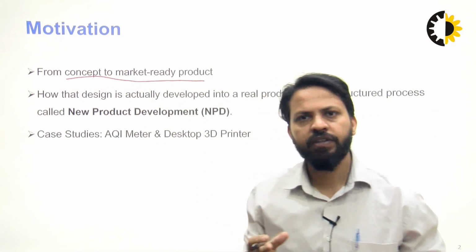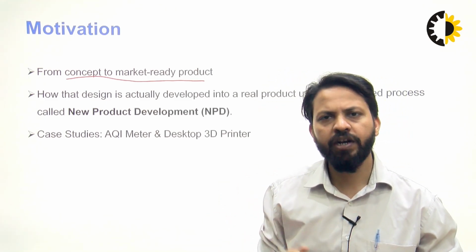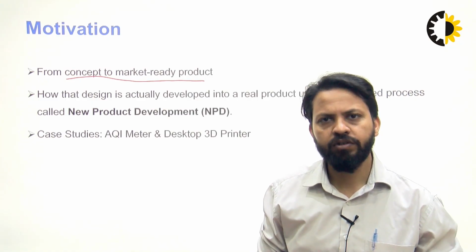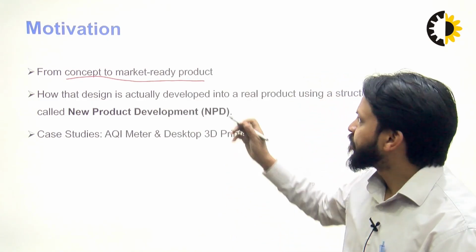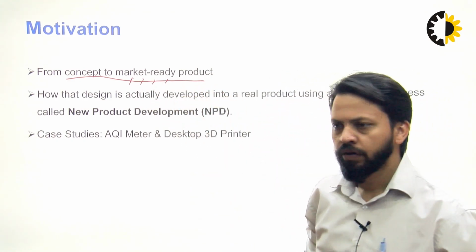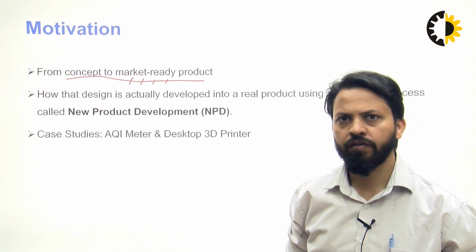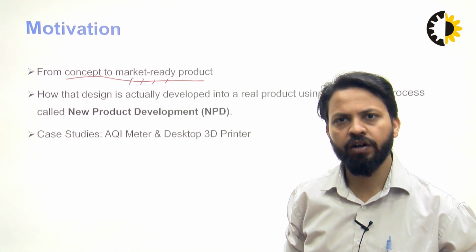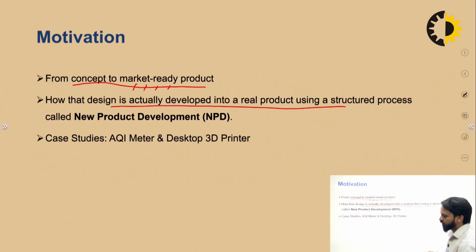You start with an idea which is translated into a defined concept, and then you have to convert it into a market ready product. This is the holistic approach of new product development, or in general we say product development. How the design is actually developed into a real product is what we are going to understand in this